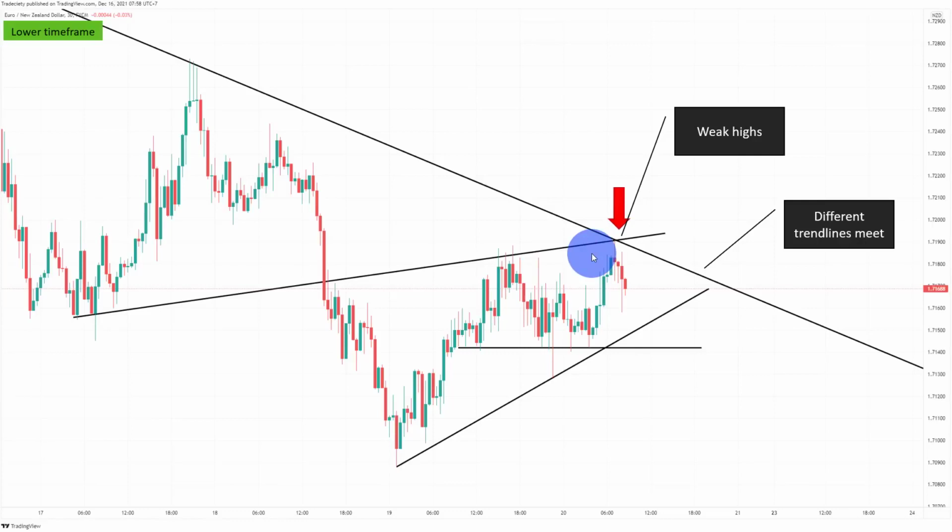It's a little bit too early to just sell right here, but we have a lot of things that speak for this trade, right? We have the higher time frame downtrend, we have the trend line, we have the potential end of the corrective wave, we have the weak highs, and we have here the intersection of the trend lines. So we want to short, we just have to wait for the market to get out of the corrective wave. We need to see some momentum. We need to see that the market is continuing into the trend direction and get out of this sideways range,